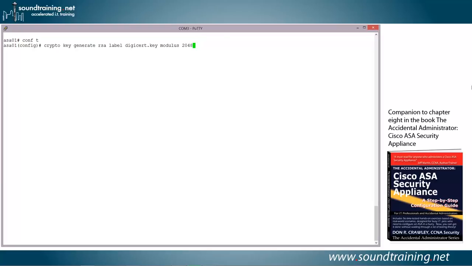I'll go ahead and get it started doing the generation of the key while I explain it, because this will take a couple of minutes. First of all, crypto invokes the cryptographic family of commands, cryptographic services. Key simply means that we're going to generate a crypto key or get information about it. Generate means we'll generate the key. RSA is the key type. Label is just a text string that we're going to attach to the key so we know what it means. And in this case, we're going to call it